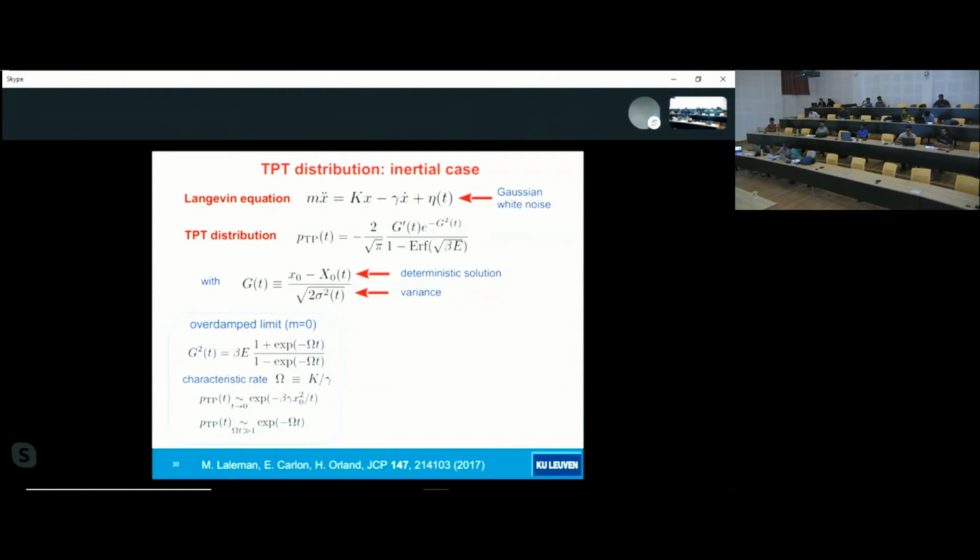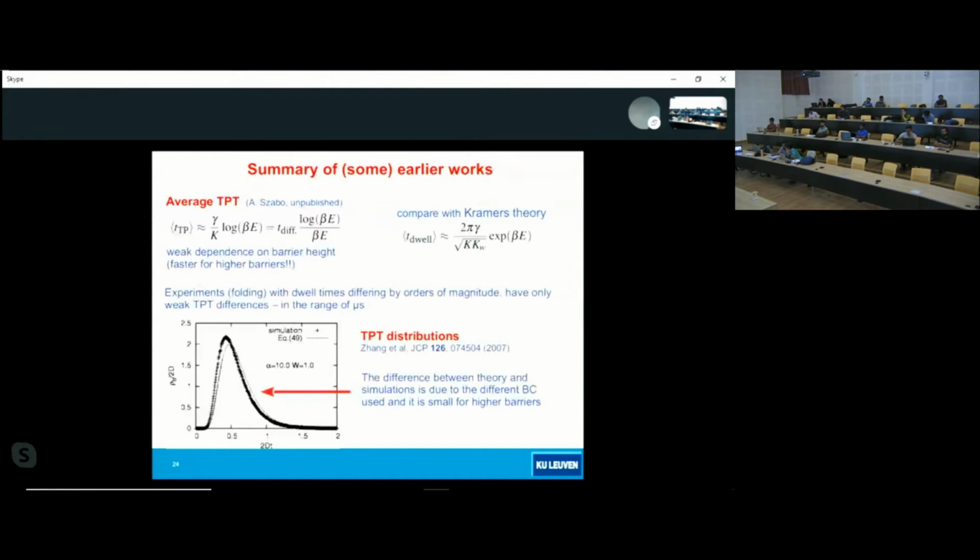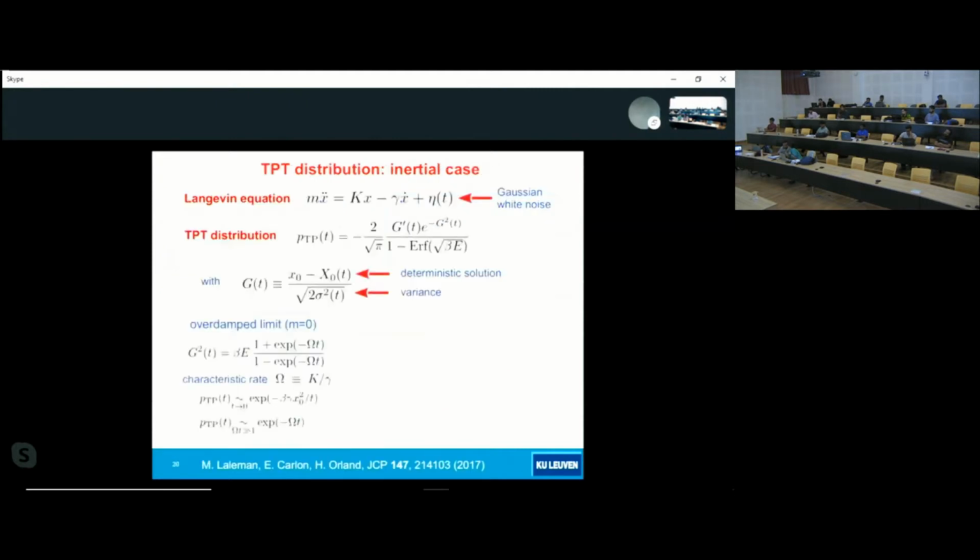The t going to 0 limit is the limit that you see in this distribution. It's going very rapidly to 0 exponentially on the left side of the graph. Okay, let's go back to this slide. On the right side of the graph, when this exponential decays with omega as a characteristic rate, there it enters, of course, the barrier, the k, the curvature of the barrier. And now we have our results.